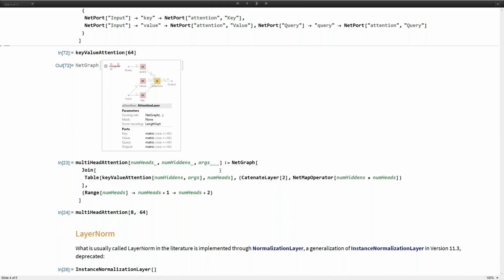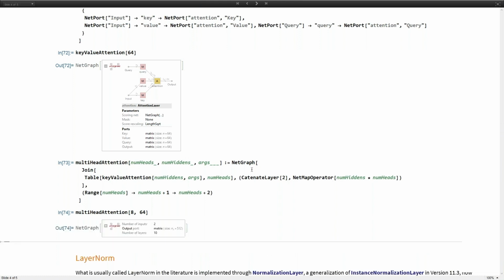What the normalization layer does is it can normalize input arrays flexibly over generic levels, and also apply learned scaling and biases over generic levels. So this is also a building block needed to build the transformers. Okay,